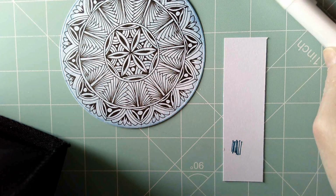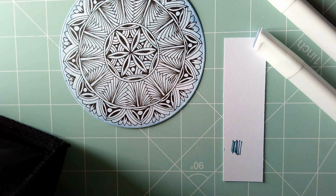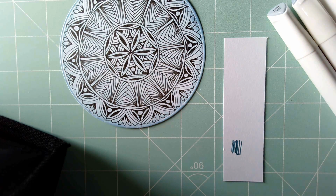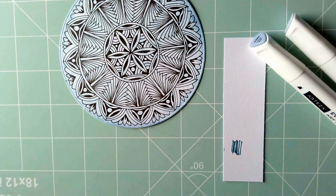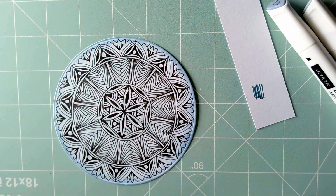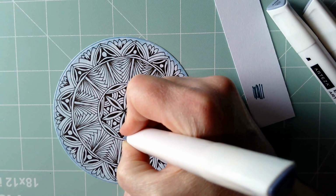So I've got a nice deep blue. I've got stone blue, ocean blue. And I will take the powder blue as well. Don't think I have another blue. Cool grey, no. I think that, yeah, those would be dark enough. These are Arteza Everblend markers. And I am going to go hopefully quite deep, dark. I'm scared. Because I could so easily muck this up, but I am going to use these